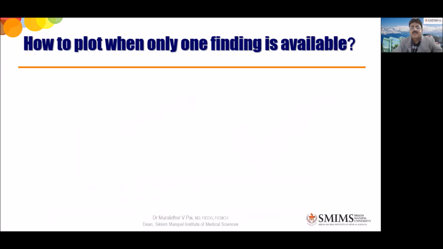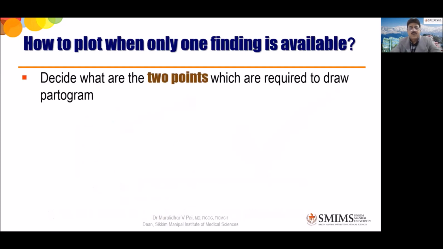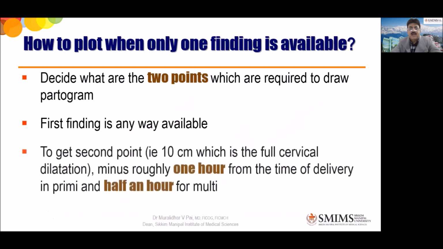Many of our undergraduate students tell me that, sir, by the time the patient came, she was already 8 centimeters. They didn't do a second PV, which should have been done at 4 o'clock, and she delivered. When she delivered, it automatically means she was 10 centimeters. We know that you just need 2 points. The first finding when she came, let's say she was 8 centimeters, and the second point you get,